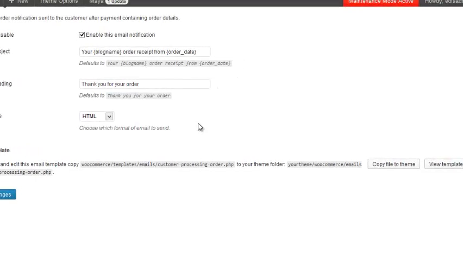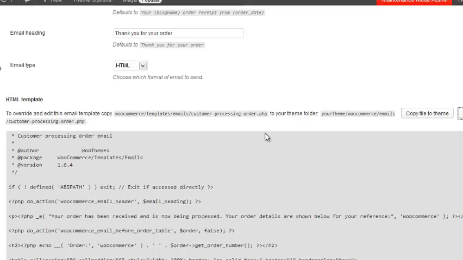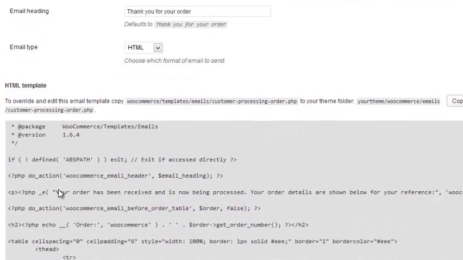If I hit view template, you can see what it says in the code. It says your order has been received and is now being processed. So that's the default message that the customer will get once their product is paid for.